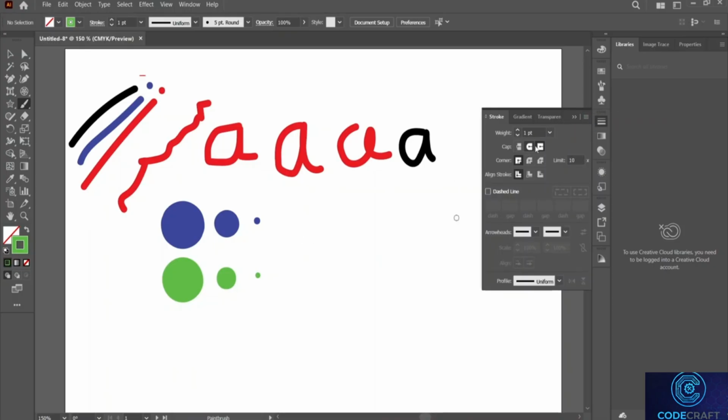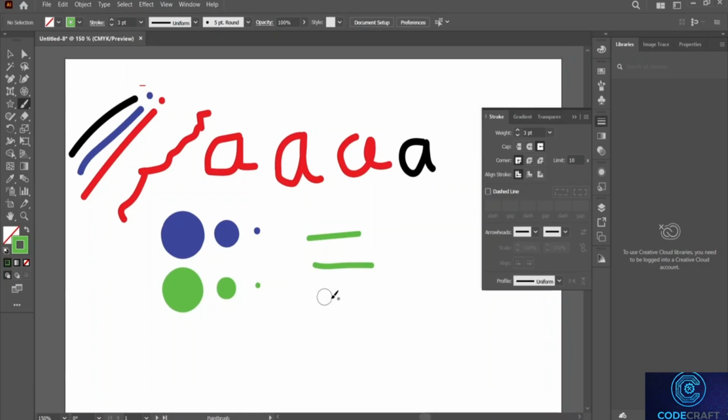Alright, now let's select a round cap. Over here you can see that the projecting cap does not really apply to this that much. But if I increase the size, say I select the rounded cap,